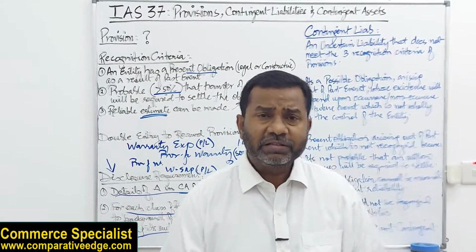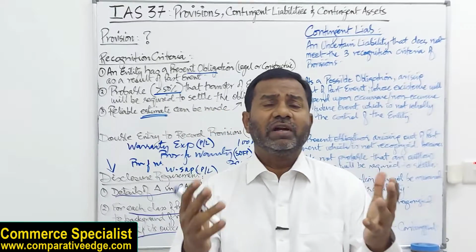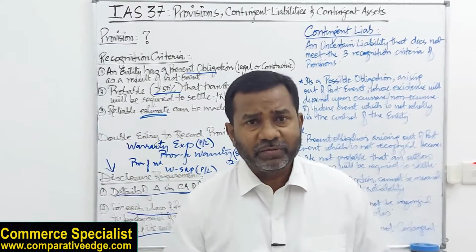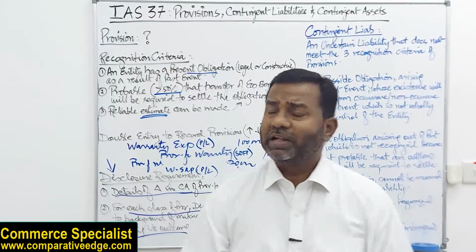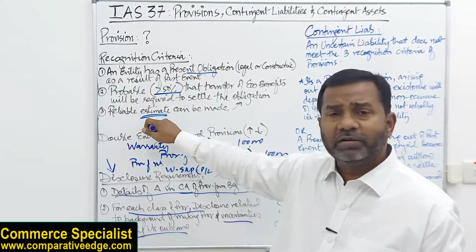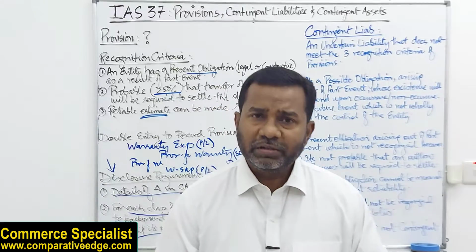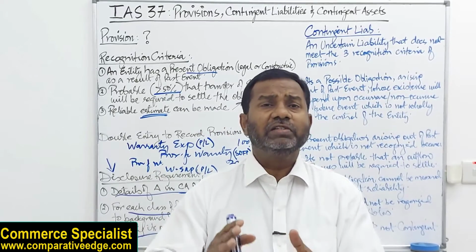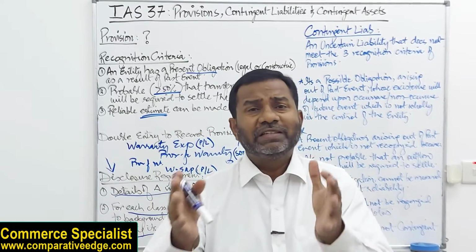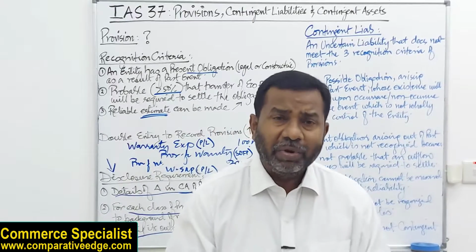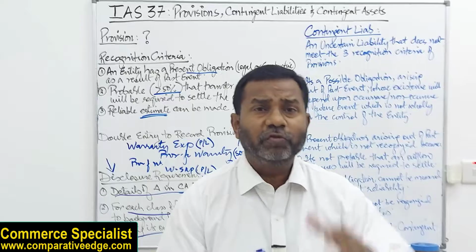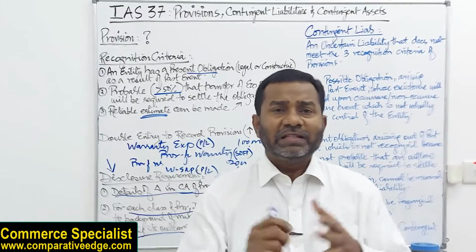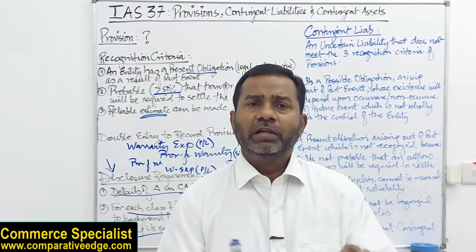Next part of IAS 37 is contingent liability. So what is a contingent liability? A contingent liability is a liability which does not meet the recognition criteria for provisions. So if there is a present obligation but that does not fit these requirements, then it's a contingent liability. The definition as per IAS 37 for contingent liability is a present obligation which arises because of a past event whose existence will only be confirmed by the occurrence or non-occurrence of a future event which is not wholly in the control of the organization. For example, let's say there is a legal suit against the company,